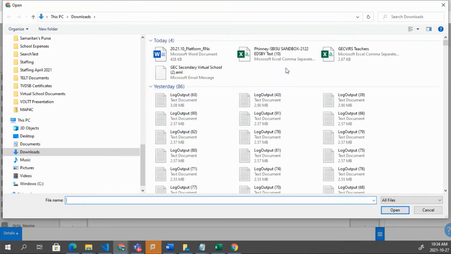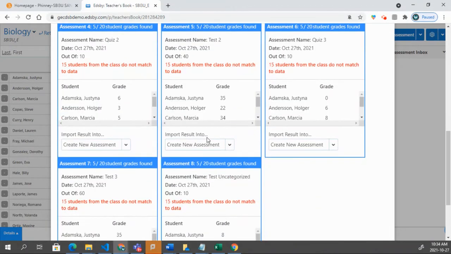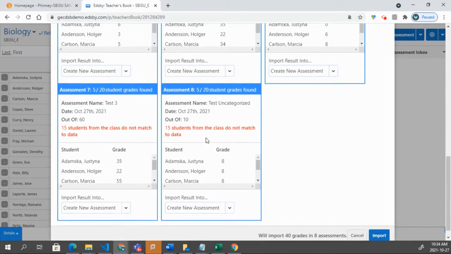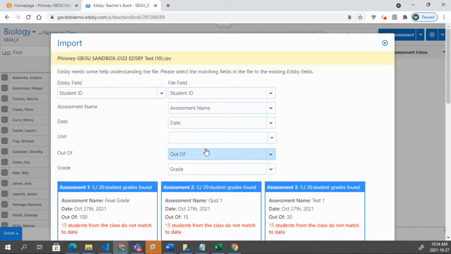And you can see right here is the file that we just exported from Brightspace that we're going to import here now. So if we click open, what you're going to see is all of your assessments down here. Now it says that 15 students from the class do not match to the data. That just means I'm only importing the information for 5 students. So there's a whole bunch of other students here I'm not importing the information for, but yours will match up